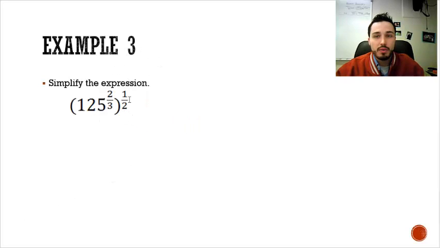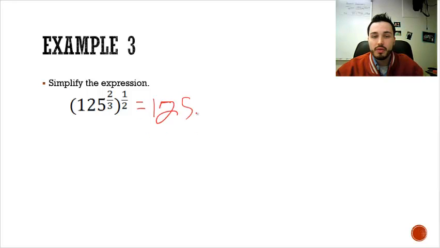And then last example, simplify the expression. So here we need to know some of those properties. We need to know that this 1/2 exponent just applies to the thing on the inside here. The 1/2 multiplies the 2/3. So it's just an exponent law that you multiply these exponents together. So whenever I multiply 2/3 times 1/2,